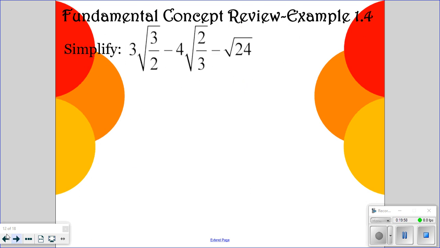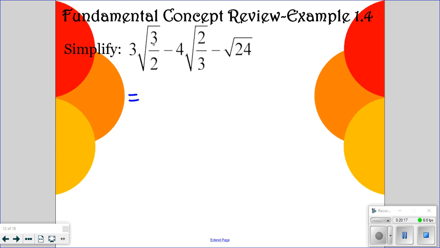Looking at the next type of question. Again, this is something that you should have done with me in Algebra 2. So hopefully you've been doing this for a couple of years. If this is a new concept, you may want to spend a little bit more time going back over these on your homework. The first thing you're going to want to do is to split your fraction that's inside of